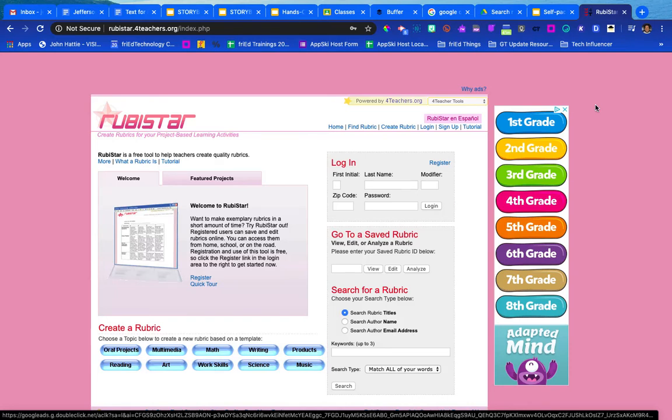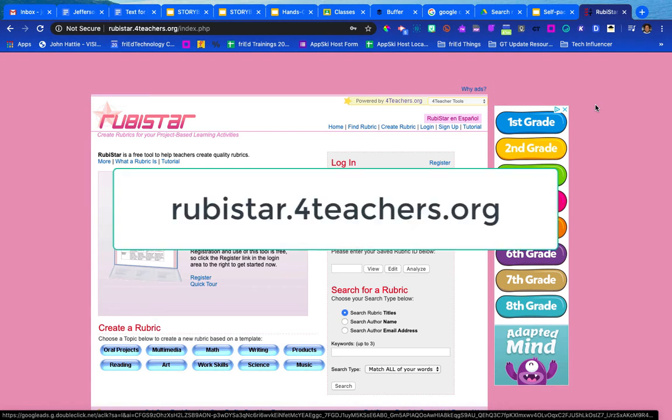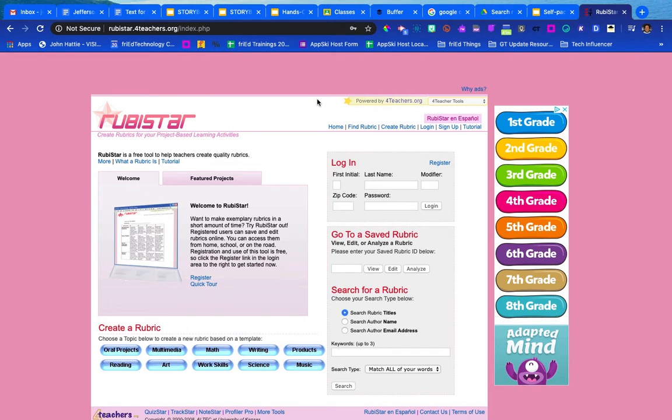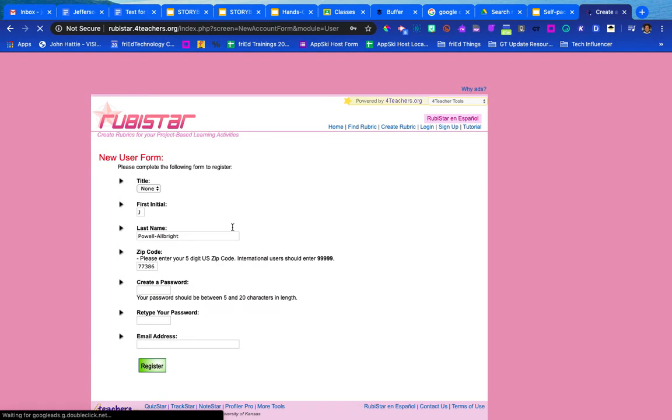If you want to create a rubric that's not digital, but you want to have something you can print and perhaps fill out by hand so that you can give it back to the student by hand, we recommend using the website RubiStar. So it's rubistar.forteachers.org, and it's actually been a website that's been around for quite some time, but it's owned by the Department of Ed now, and so you can sign up for a new account and put in all of your information